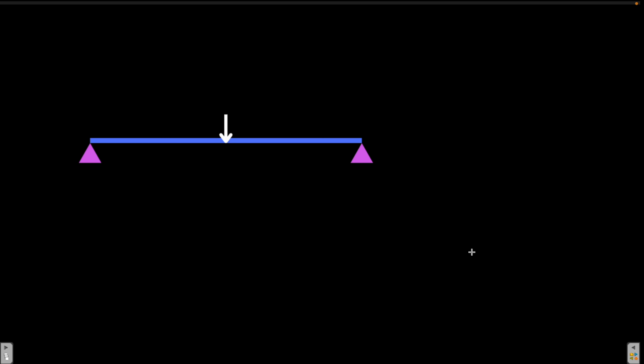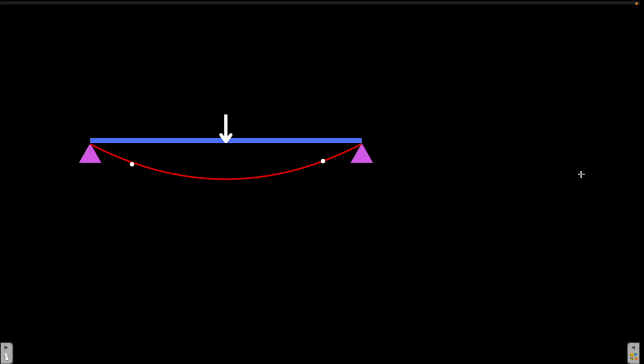Let's suppose there is a simply supported beam and the beam is having a concentrated load. Under the load, the beam will deflect something like this. This curve is called the elastic curve of the beam. Now this is a very exaggerated figure of the deflection. The beam doesn't deflect like this, rather the deflection is very small. But just to show you how the beam deflects and how we'll analyze the beam, this is the exaggerated figure of the beam. And this is called the elastic curve. Let me write it.